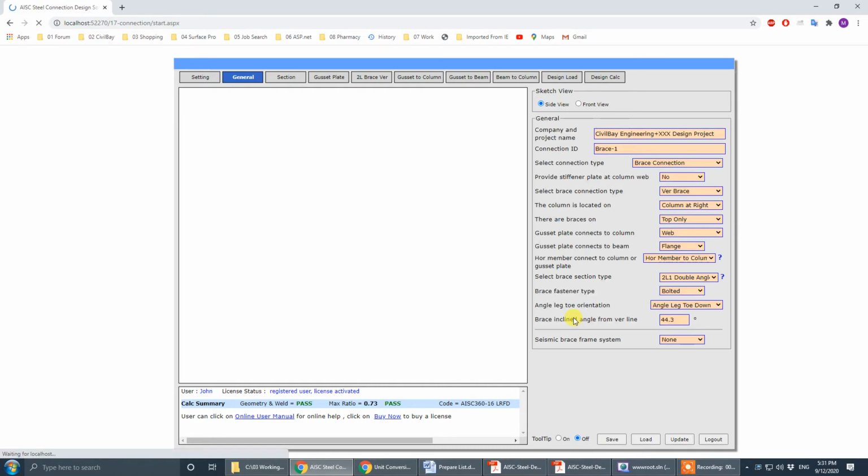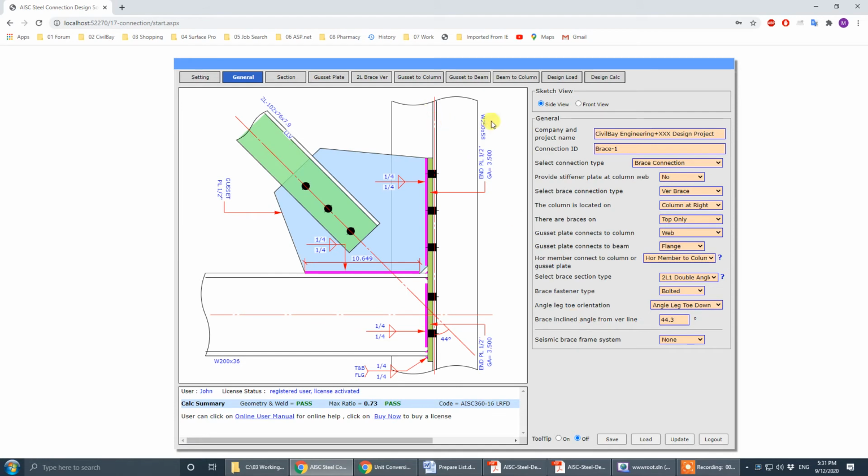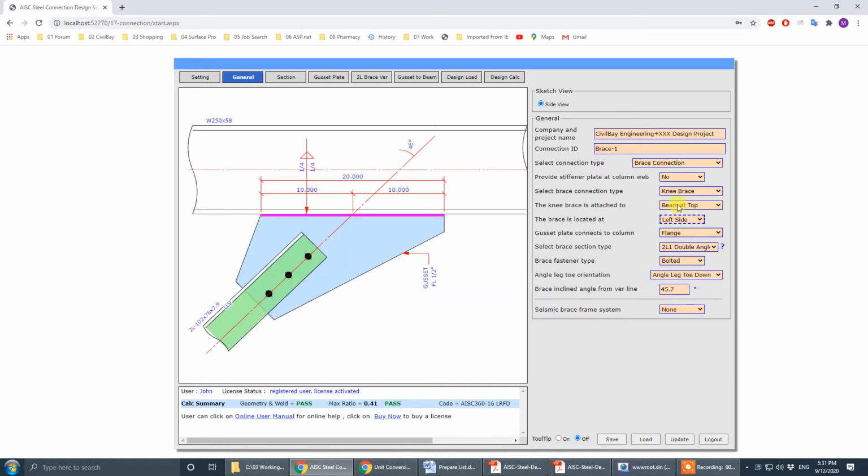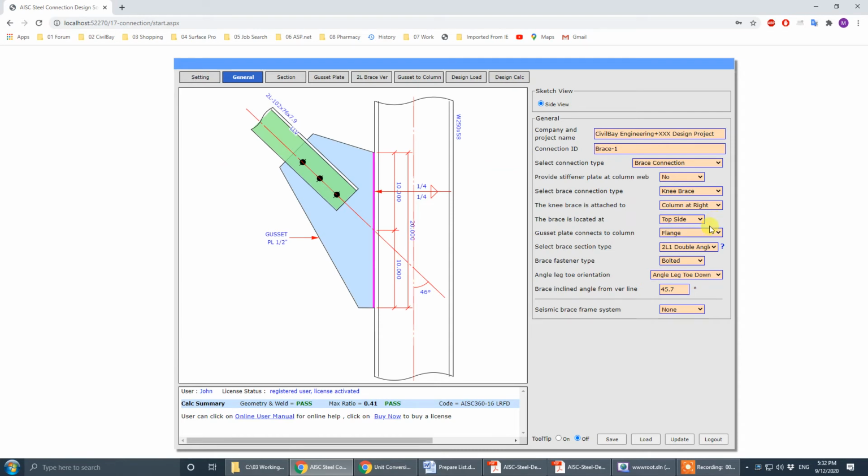The angle size. Okay, actually it's not vertical brace, it's knee brace, column at the right, and the angle is 44.3,